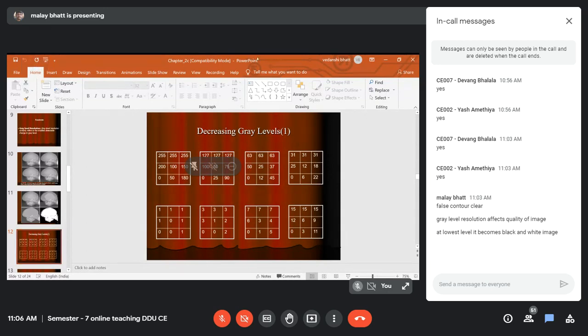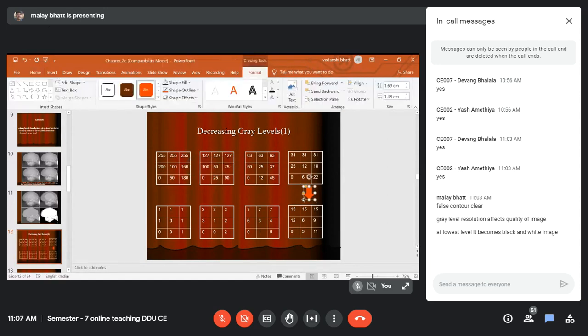Further, we'll convert this image from 32 gray levels to 16 gray levels. That is how you will get 16 gray levels in the image, from 0 to 15.